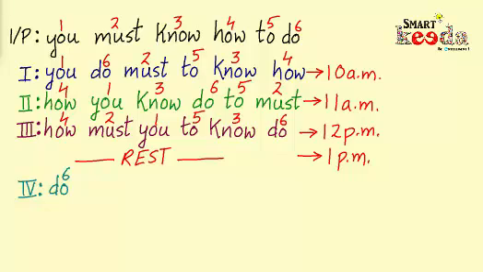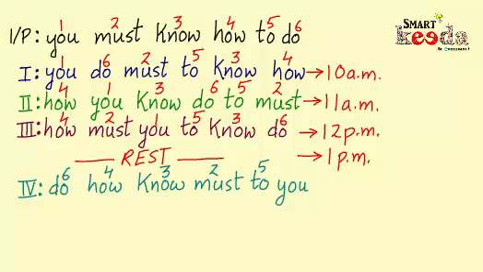Next, the first word of batch 3, that is how, will come and its respective labeled number is 4. Then the second last word of batch 3, that is no, will come and its labeled number is 3. Then the second word of batch 3, that is must, will come and its respective labeled number is 2. Now the third last word, that is 2, will come with its labeled number 5. And now the third word of batch 3, that is you, will come and its labeled number is 1. And batch 4 will begin its work at 2 pm.